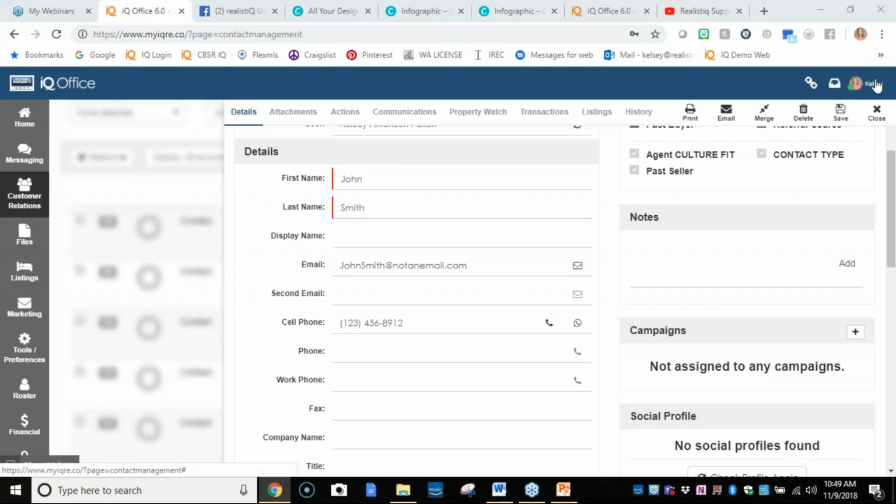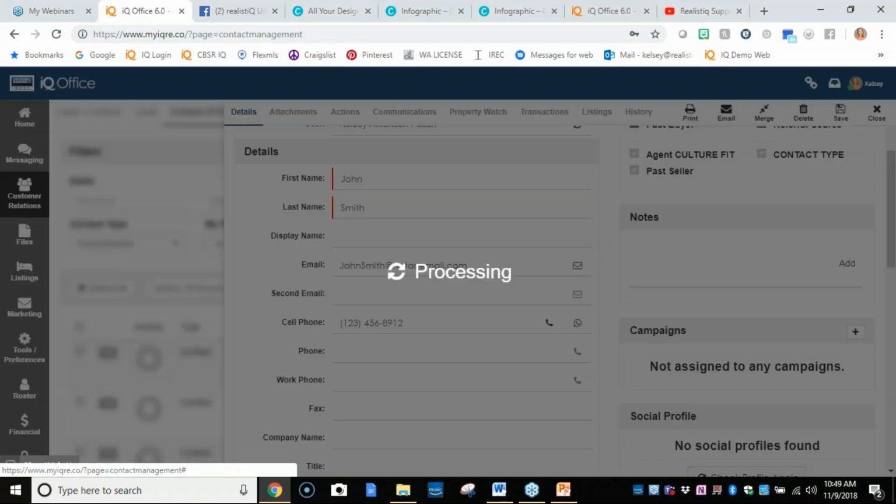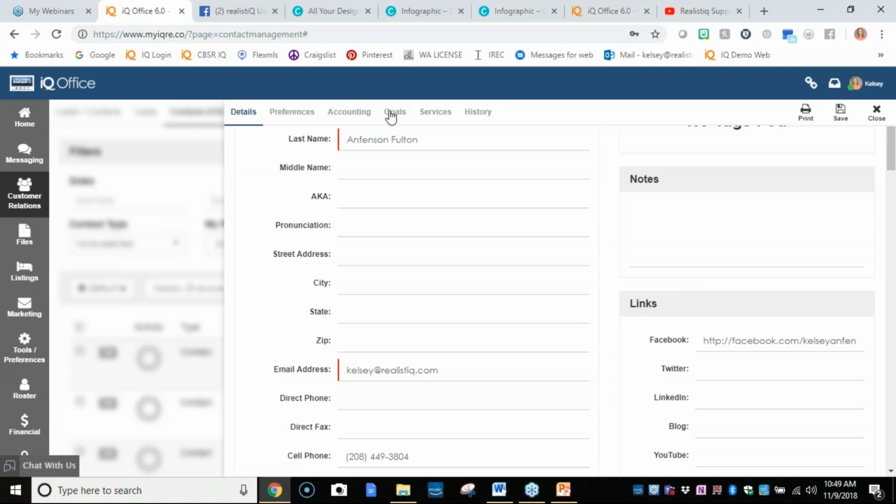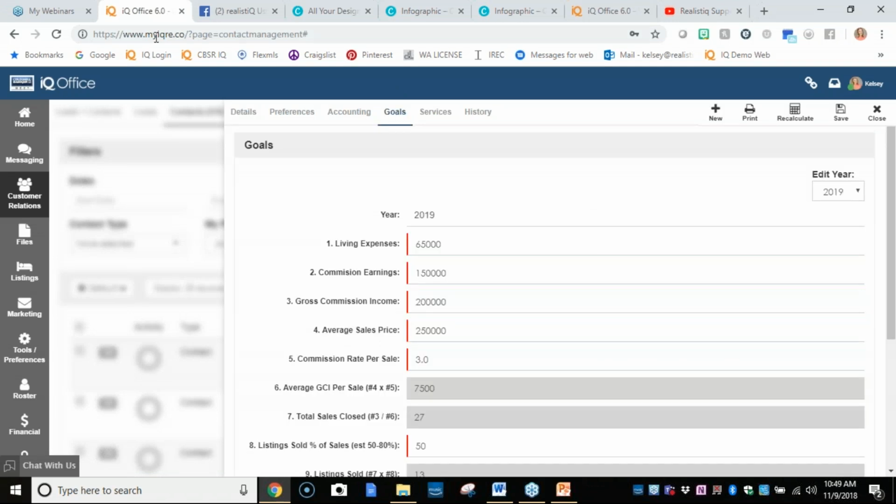So you're going to go to your name in the upper right-hand corner of your IQ Office, and then you're going to go to your profile. And then you're going to go to the goals. And underneath the goals,